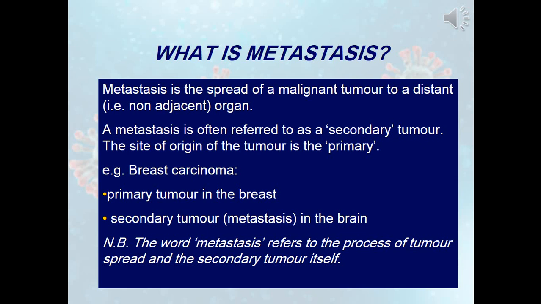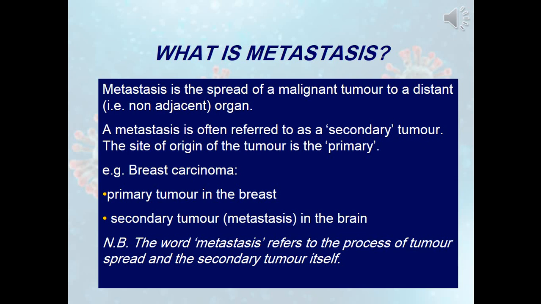Why? Because the brain is surrounded by the blood-brain barrier, which prevents the cancer cells from metastasizing to other sites of the body. Also basal cell carcinoma, which is a type of skin cancer, is usually locally aggressive and metastasizes rarely. Apart from these two examples, all malignant tumors have the capacity to metastasize.